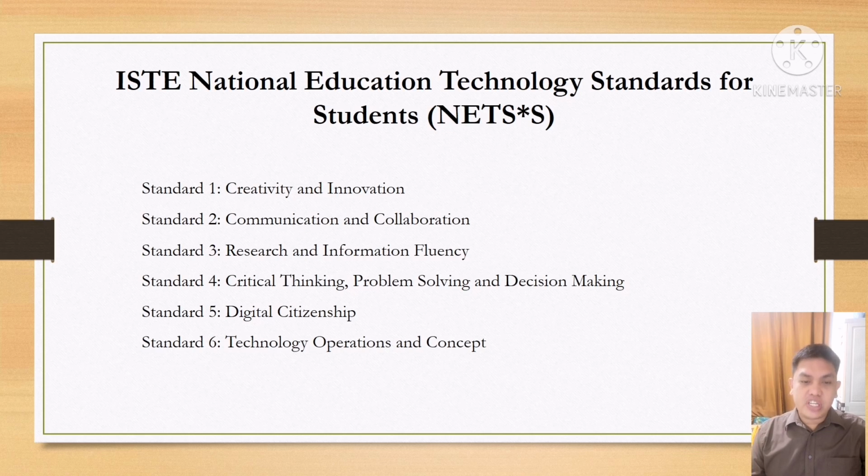Number 3, research and information fluency. So, under this, students are expected to apply digital tools to gather, evaluate, and use information and plan strategies for inquiry. The standard expects the students to locate, organize, analyze, evaluate, synthesize, and ethically use information from a variety